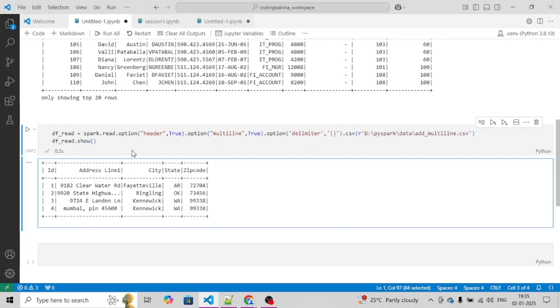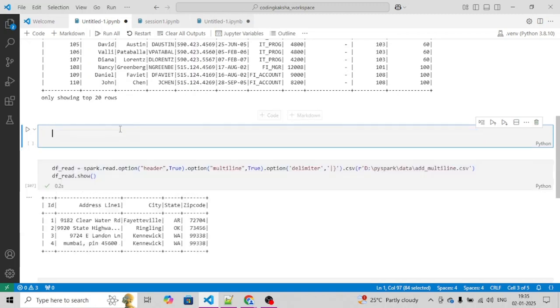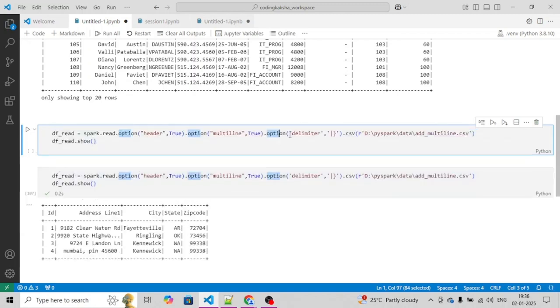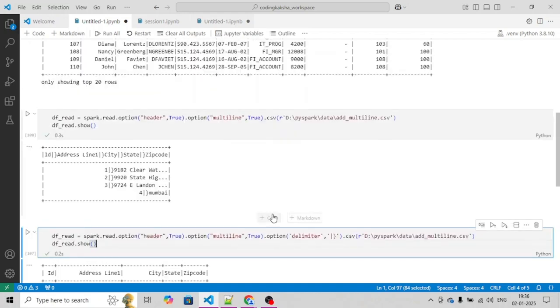If you look into the earlier record, let's look at the previous record. We will add one code over here, and we will remove this code qualifier, which is nowhere making sense if you look into this data. But once we pass the delimiter, it started making sense. So this way we can handle the text file in future.